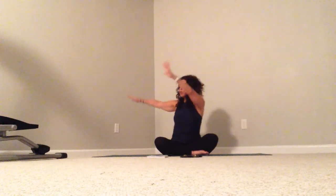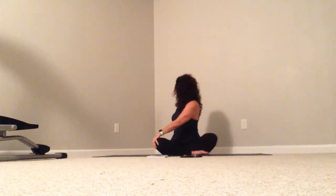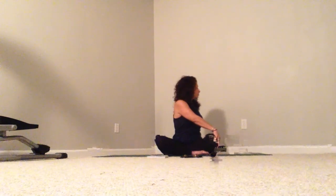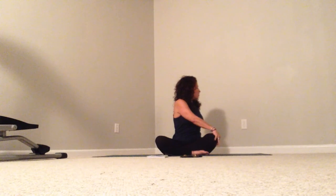On an exhale, let's twist to the right. Lift that spine and lengthen. Exhale, deepen that twist. Inhale, sweep those arms up and overhead. Exhale, twist to the left. As you're ready, sweep those arms back up overhead and join them over the head as you slide them down